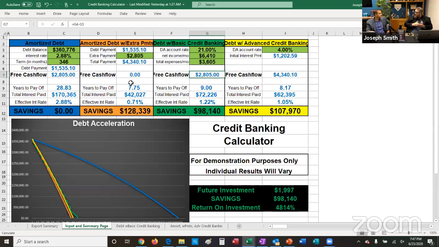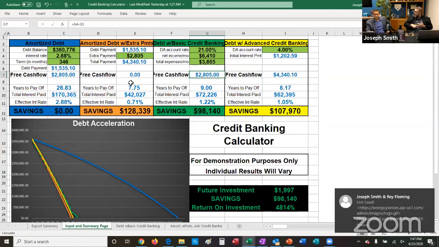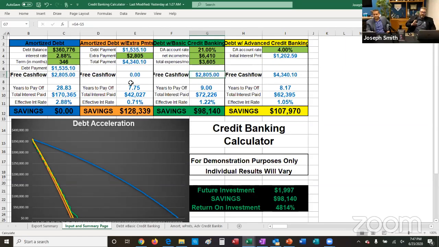But when something goes wrong and you really need to access your equity, nobody wants to lend it to you, right? Because something's wrong with your credit score, something's wrong with your debt to income ratio. What if you lost the job? All of a sudden you need to access your equity. No. So you want to grow your lines of credit because it's other people's money that you can use to